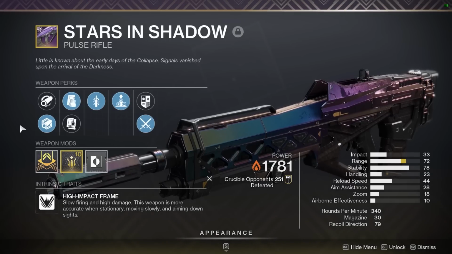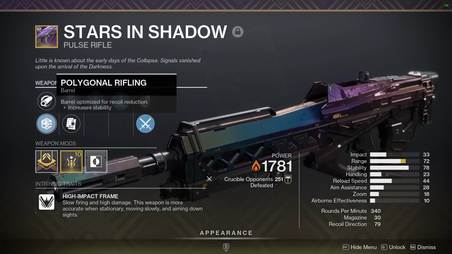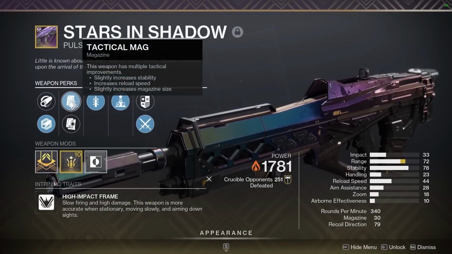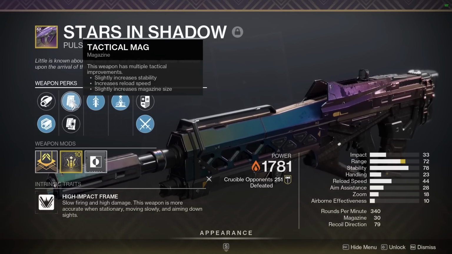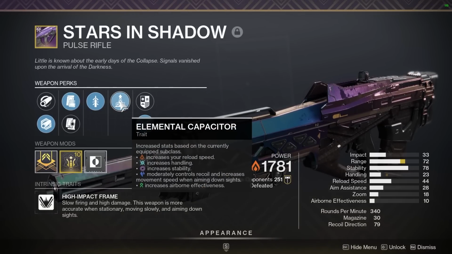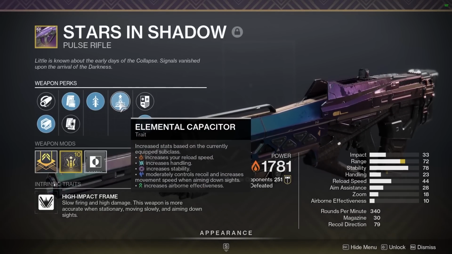This roll comes with a choice of barrels specializing in range or stability, in which I opted for stability through the polygonal rifling. Next, we have the Tactical Mag perk, staying true to its name and providing benefits in all stability, reload speed, and mag size. Then for the weapon traits, firstly I have Elemental Capacitor, whose benefits vary depending on which subclass you have active. Why this is desirable on the Void subclass is because it grants plus 20